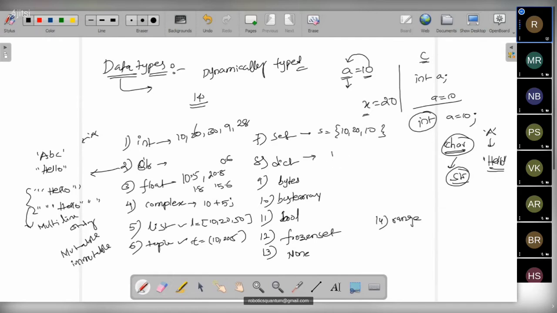When you come to the dictionary, dict is also represented in curly braces. There we have keys and values as pairs. For example, 10 colon Winky comma 20 colon Sunny, and close it. Okay, here 20 and Sunny is a pair and 10 and Winky is a pair. 2 pairs we have here. If you want to represent values as key and value pairs, we go with the dictionary data type, dict.